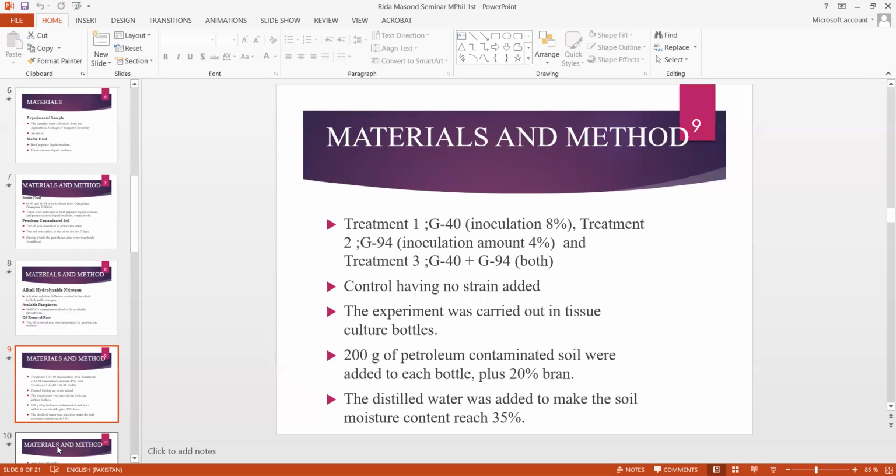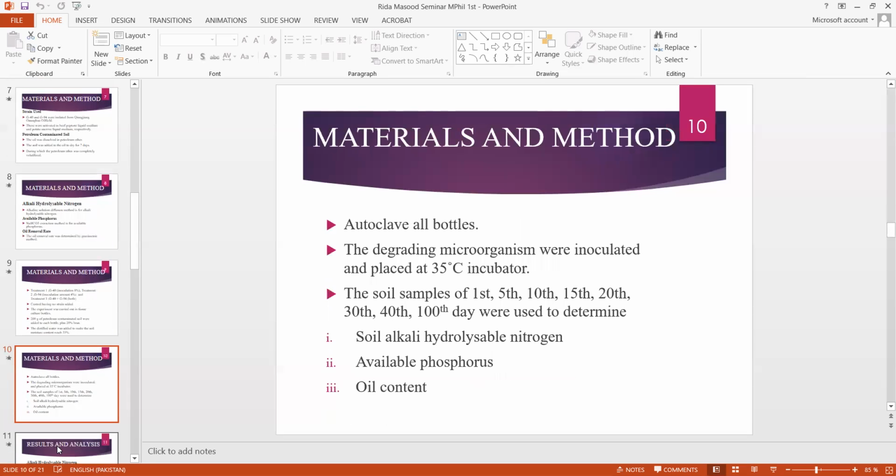The experiment is carried out in tissue culture bottles. In each bottle, 20 gram of petroleum contaminated soil was added with the addition of 20% of boron. Distilled water was also added into the soil so that the soil moisture content reached 35%. Then all bottles were autoclaved and the degrading microorganisms were inoculated and placed at 35 degrees centigrade in